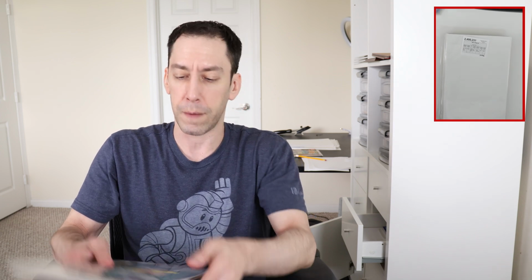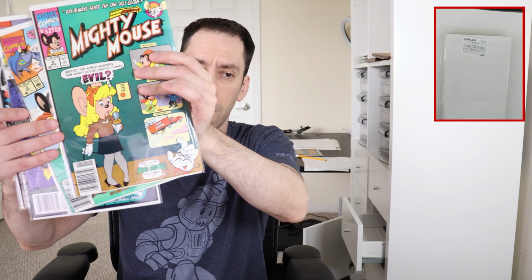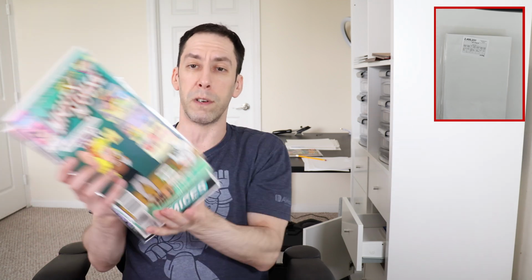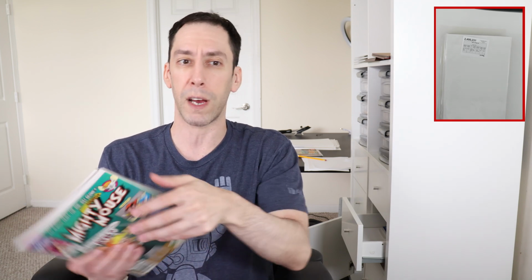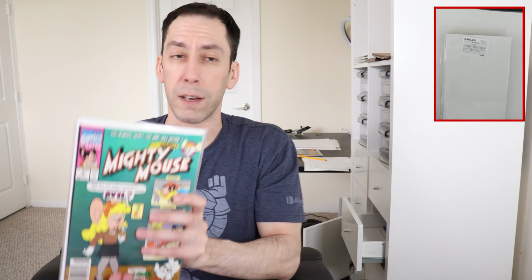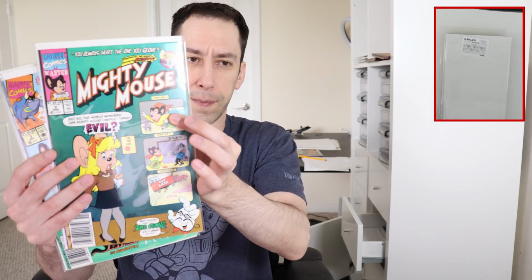And this is Mighty Mouse from the 1990 Marvel series. These are all newsstand. I already bought number 1 in newsstand. The first one that I bought was wavy, and I've just been trying to figure out how to get the waves out. But yeah, so this is most of them. I don't know what this one is, but